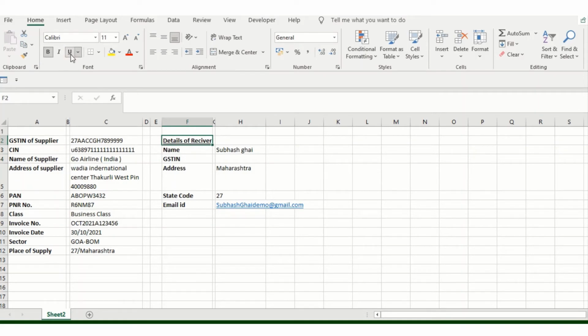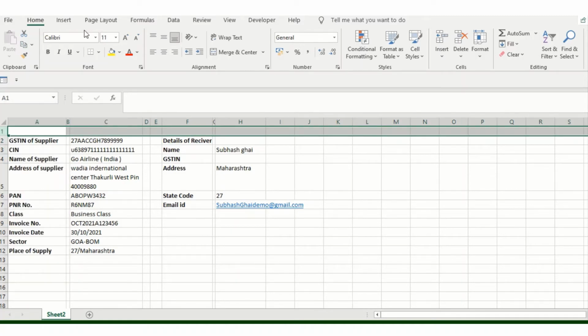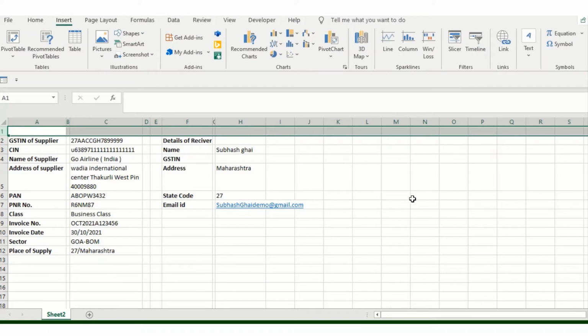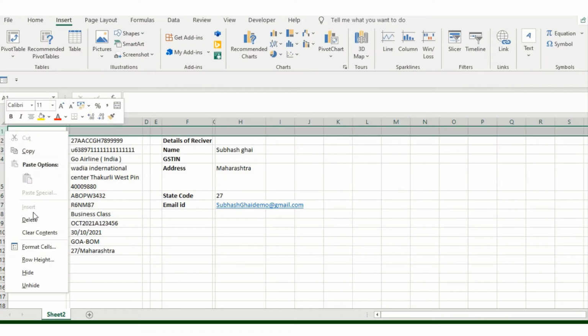I'll just keep it as underline. If you want to keep it as underline, or maybe you can just check it, that's fine. Okay, now the original receiver copy we can say, for this particular thing. So what I will do, I will just add the basic column, or maybe if I can see, this insert button is not working for me.